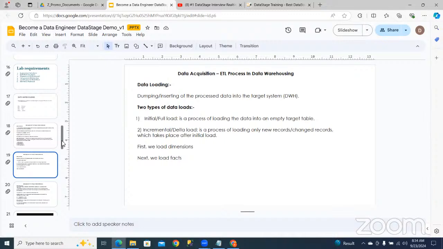The Aadhaar portal will maintain your current data as well as historical data. When the Aadhaar enrollment was done, what was the address then? Now there is a change in address, effective from the date you changed it. Those details we can see. Later you can log in with your Aadhaar number and check that you changed the address. Like that, the incremental load will happen. And here we'll be loading data into dimension tables and fact tables. What are dimension tables and what is a fact table? We will discuss that in the data warehousing concepts session.